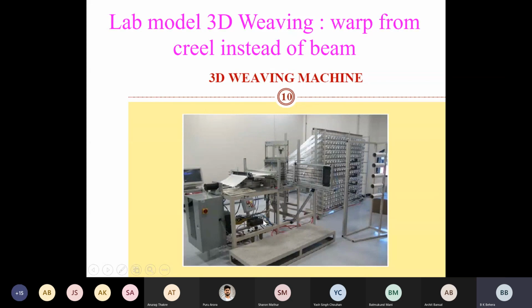By computer programming from the weave design, we decide, and accordingly the servo motors, which are all programmed motors, give their drive upward or downward depending on our weave design. That means which heald will go up and which will go down, so that the shed will be formed and